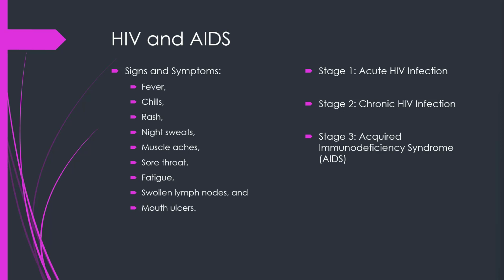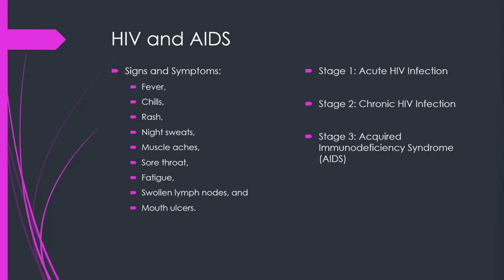Stage 1 is acute HIV infection. Individuals have a large amount of HIV in their blood, and they are very contagious. Some people have flu-like symptoms. This is the body's natural response to the infection, while other individuals may not feel sick right away or at all. Only antigen or antibody tests or nucleic acid tests can accurately diagnose the infection.